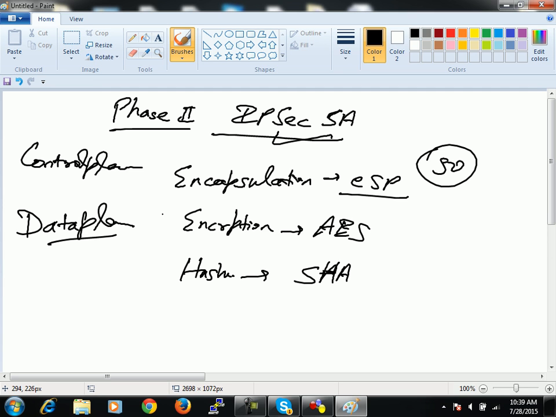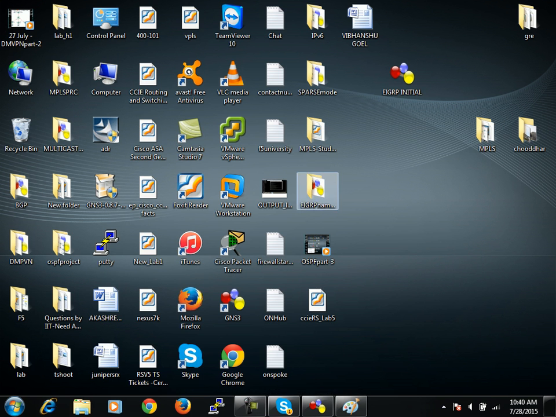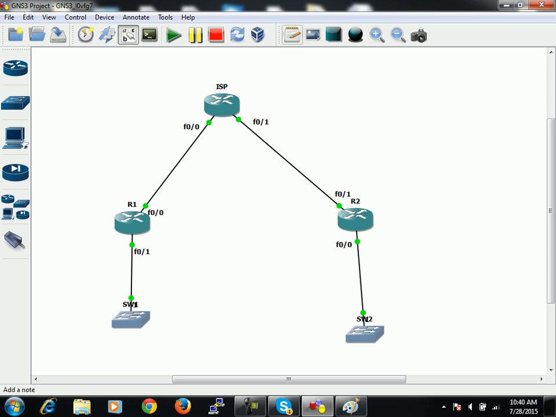So now we are going to do this configuration, right? For doing this configuration, here I'll be using IP address 101.1.1, and here I'll be using 101.1.10. Here I'll be using 102.1.1, and here I'll be using 102.1.10. In the LAN of the R1,